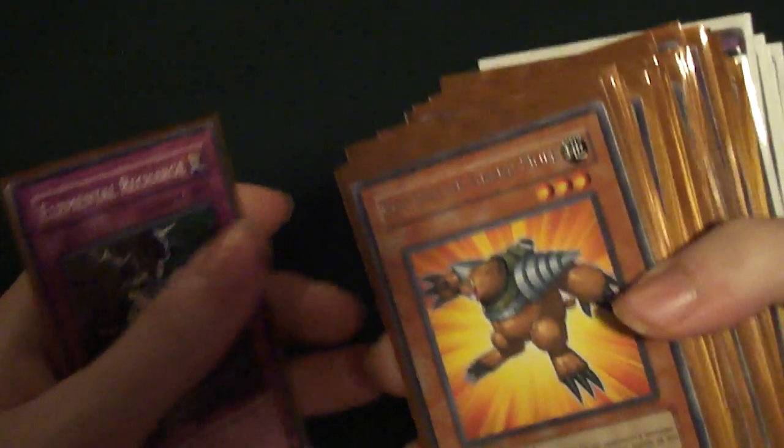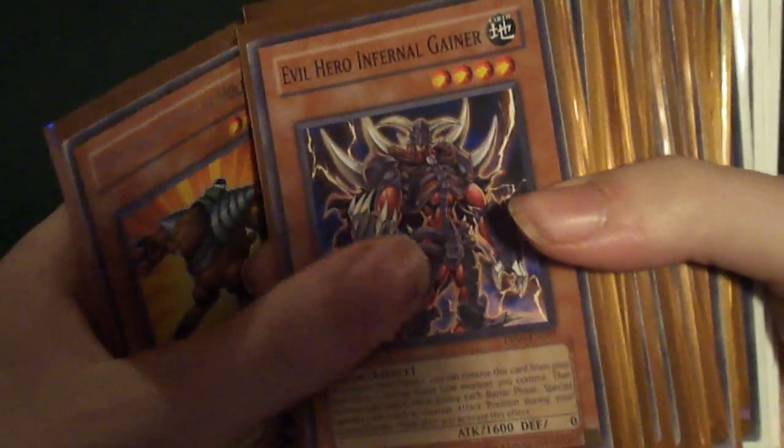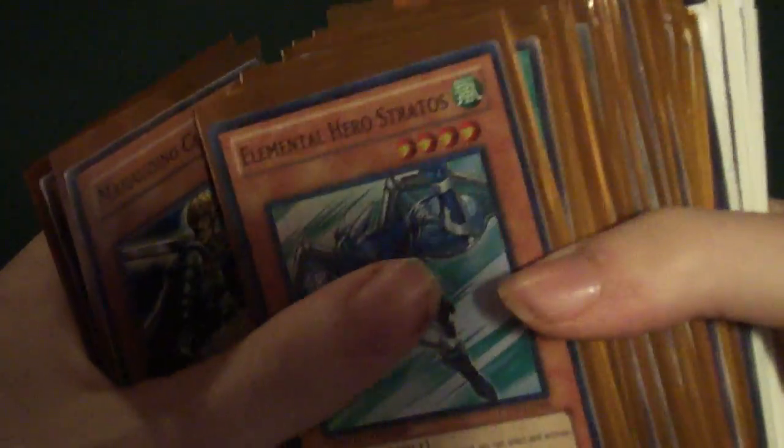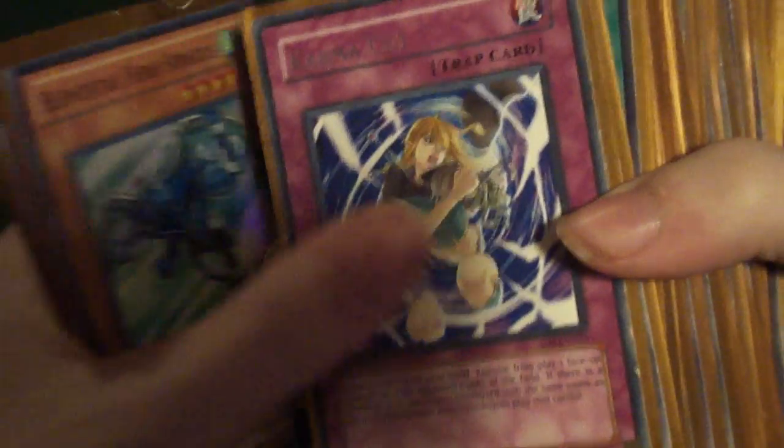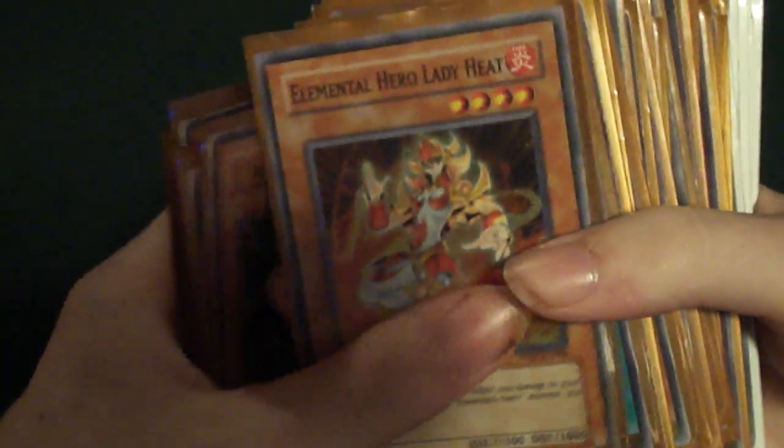Alright, so we got here Elemental Recharge, Neospatian Grand Mole. I think that's banned actually. Evil Hero Infernal Gainer, Marauding Captain, Stratos, I think that's limited now, I think. Karma Cut, Negate Attack, Warrior Returning Alive, Neospatian Hummingbird, Blade Edge, Wild Heart, Ocean, Marauding Captain, Lady Heat, Shrink, Miracle